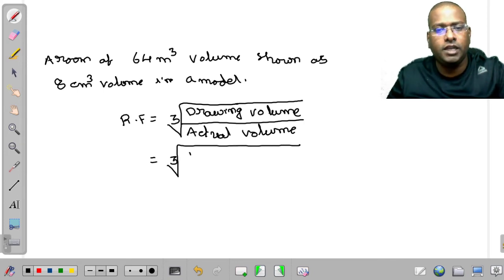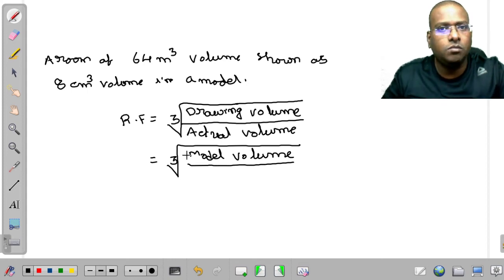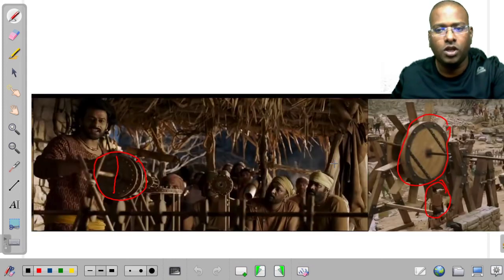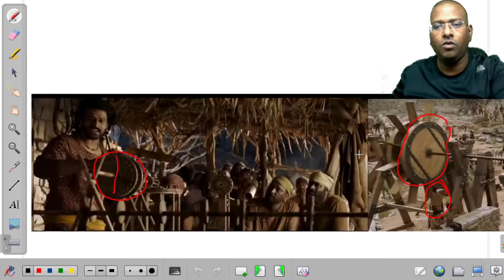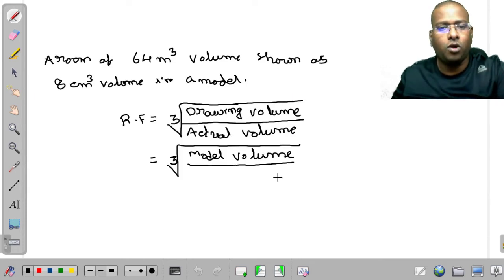Sir, this appears in the majority of textbooks, but actually we have to represent it not as drawing, but as model volume. Model means it is a scaled object. Model is nothing but a scaled object. In the previous one you observe, in order to explain how it is working, he used some model to deliberate what the functionality of it is. Similarly here also, how it is able to run, he explained with the help of a model. It is a prototype. Okay, therefore model volume by prototype volume.